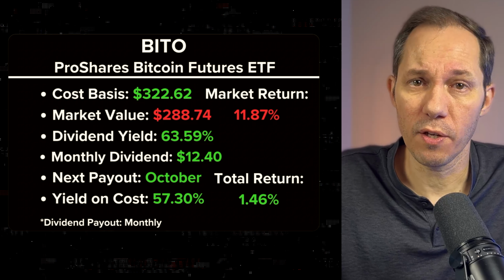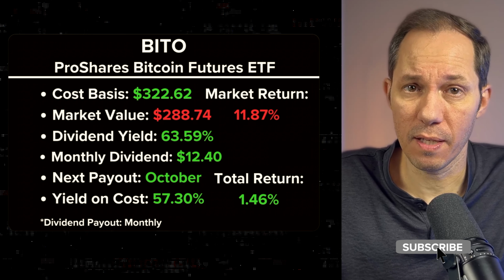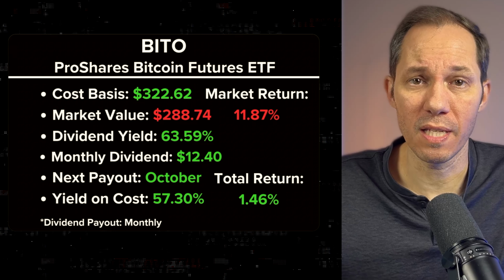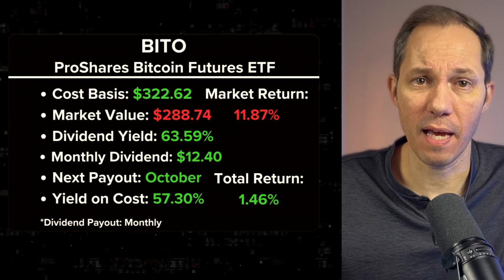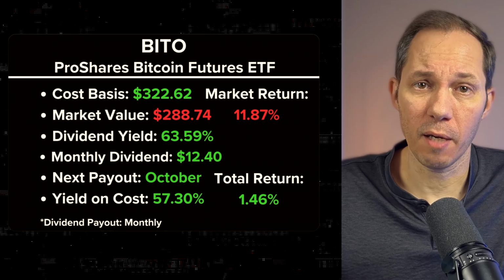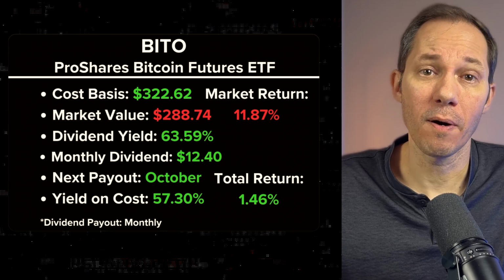I've been doing some research into Bito just to find out a little bit more about this, and while it returns a really high dividend up near 50 to 60%, there are some indications that this ETF may not give you as much of a return on the ETF appreciation side to offset the gains that you're getting with the dividends. So for now, I'm content to have this as a stock. My personal opinion is that in the short term, both the stock appreciation and the dividend will both benefit me. So I'm going to stick it out for a little bit,